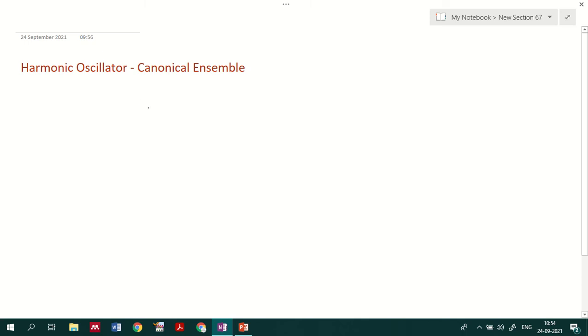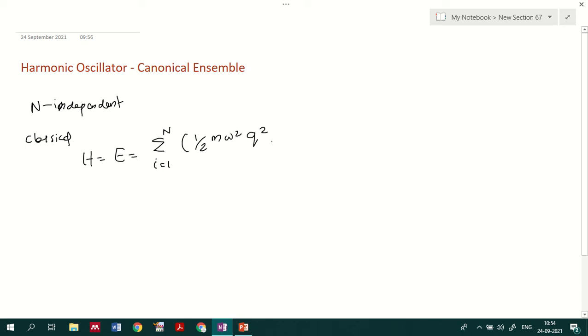Here you can see that we have n independent harmonic oscillators. So we'll consider independent harmonic oscillators here. And we know that classically when you represent the Hamiltonian, the total energy associated with the system, will be equal to the sum over i equal to 1 to n of half m omega square qi square plus pi square by